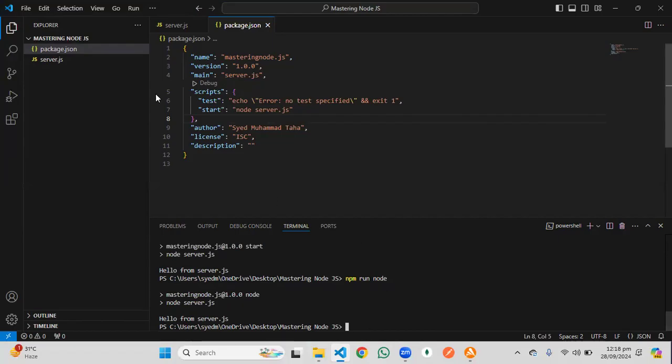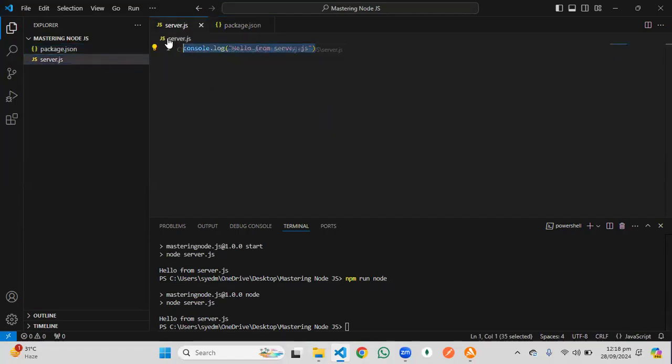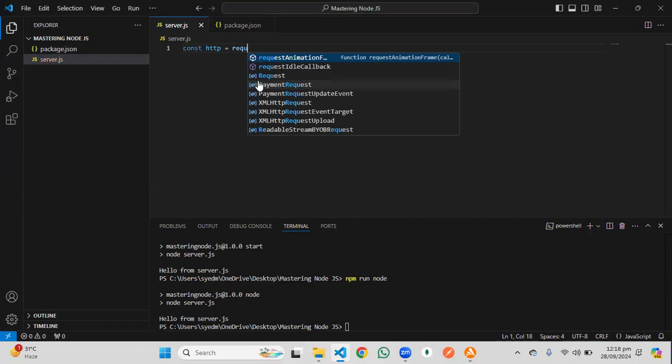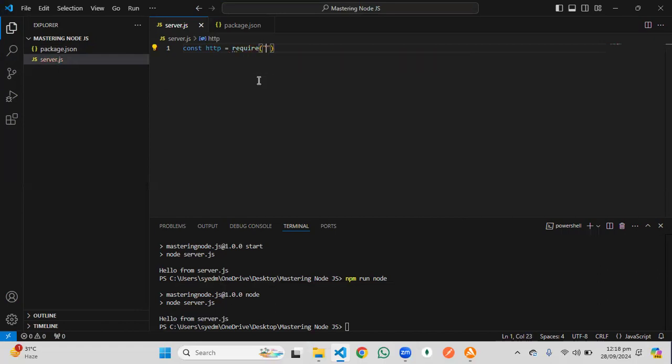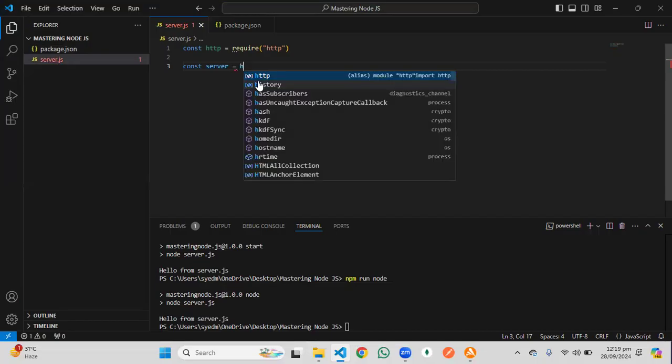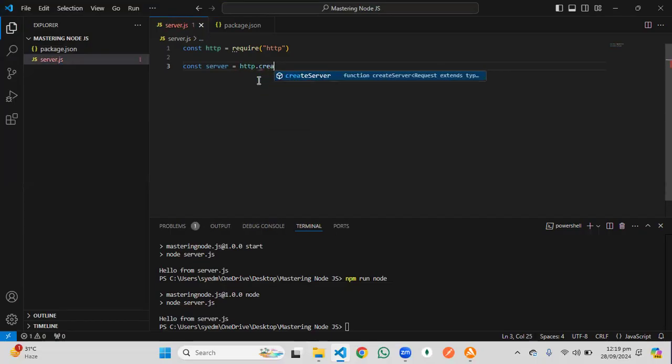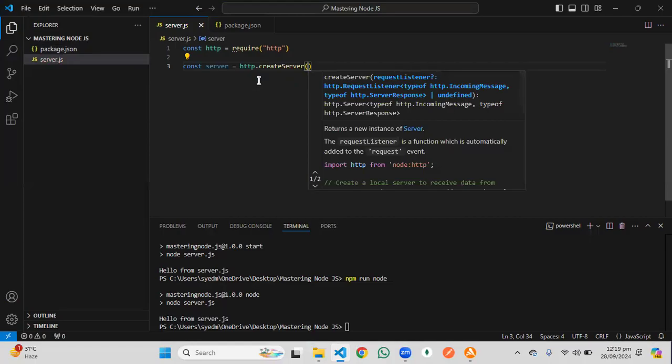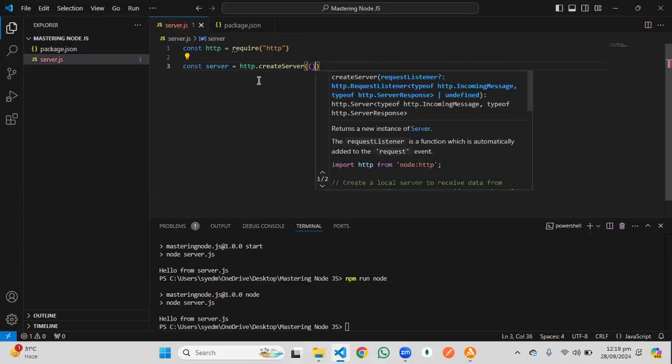All right, now if I go to the server.js file, it's time to start. Now it's the right time to create our server. So let's get started. const http: we require the HTTP module which is provided by Node.js. So write const http = require, and then you can write const server, because we want to create a server, and here http.createServer. This is the function that is built in inside http. Create server gets a callback,